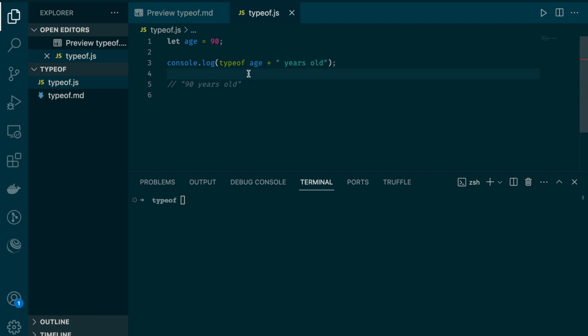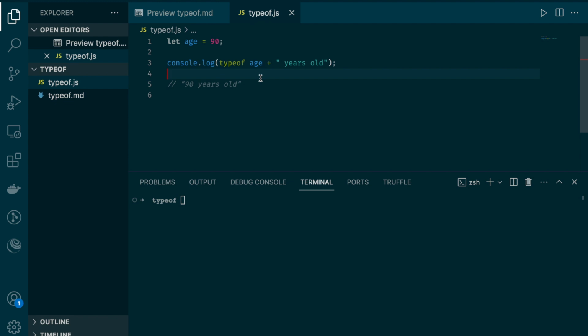From the previous uses of type of we have seen, we might think that type of will evaluate this expression and return the data type of the result, which will be 90 years old, because it will get 90, then using precedence it will convert it to a string and concatenate it with this right hand side operand. Now we might be thinking it will return the data type, which is string, but no,